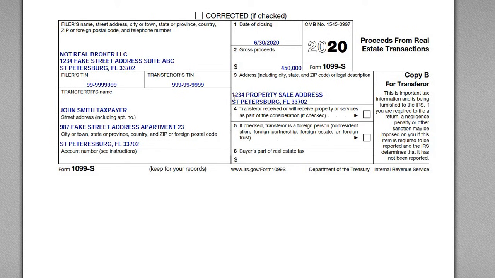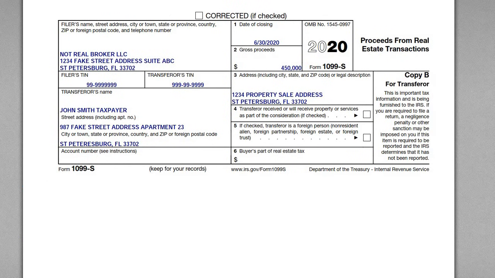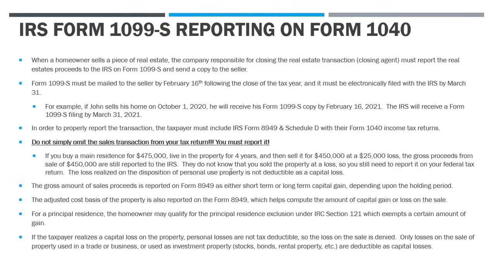So we've got an example 1099-S here, and then I've got a slide in front of us with some information, and then also an 8949 example that we'll look at as well. So if we go back to this slide first, just to cover some of the background here, like I already said, if you're a homeowner and you sell real estate, the closing agent, or it might be an attorney, title company, whoever's closing the deal must report the real estate proceeds to the IRS on a 1099-S and send a